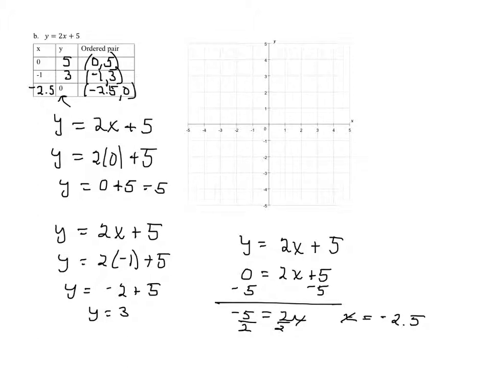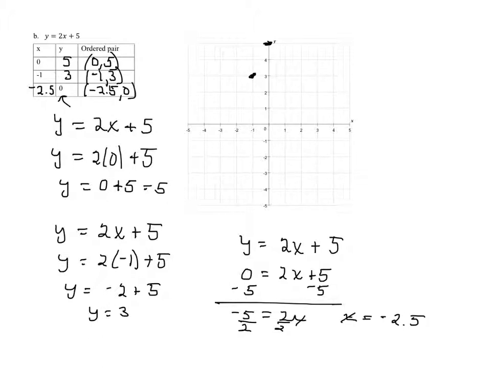So we'll graph all 3 lines. The only one that's kind of iffy is the -2.5 one. So let's do 0, comma 5. So no movement on the x, but up 5 on the y. There he is. -1, comma 3. Going to go left 1 on the x and up 3. There we go. And then -2.5, comma 0 is right in between